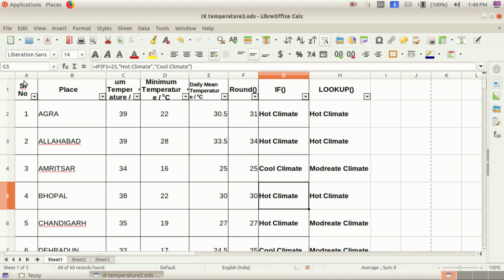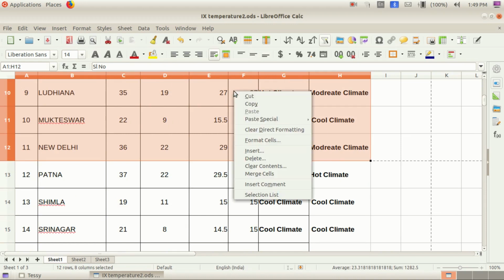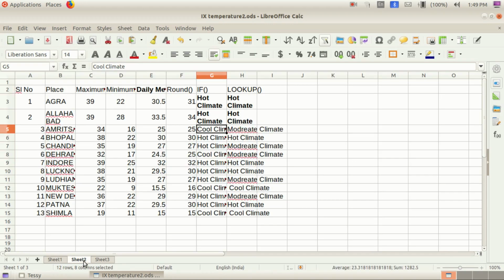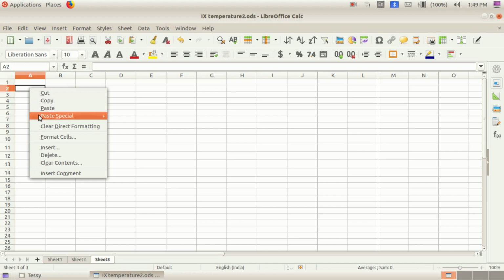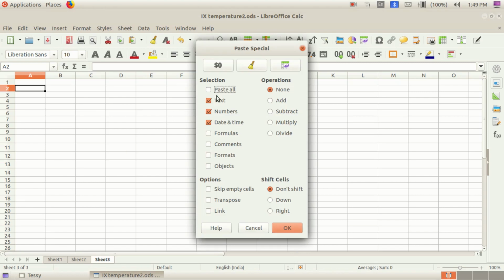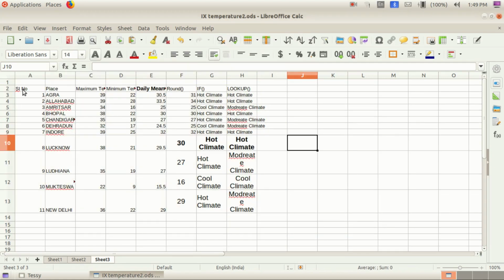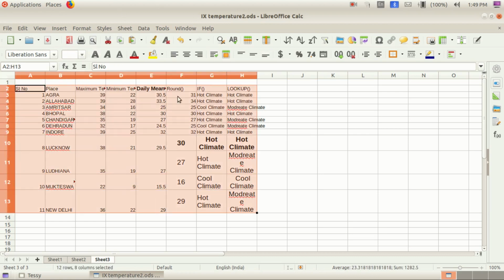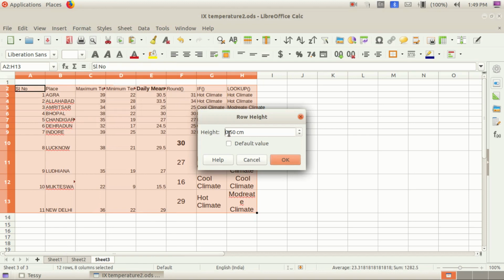Let us simply copy up to this. Okay, copy. Then in sheet 2 or sheet 3 I am pasting here, children, using paste special. Paste special, look here. Text and numbers we want to activate, and click on OK. Look here, children, what has happened? Let us make it a little bigger. Okay, what is this, sir? We need to format the row height a little more.